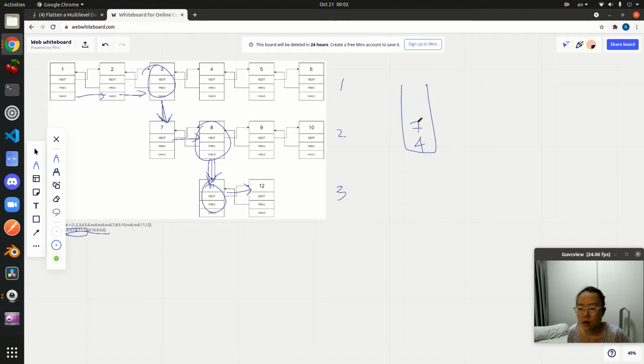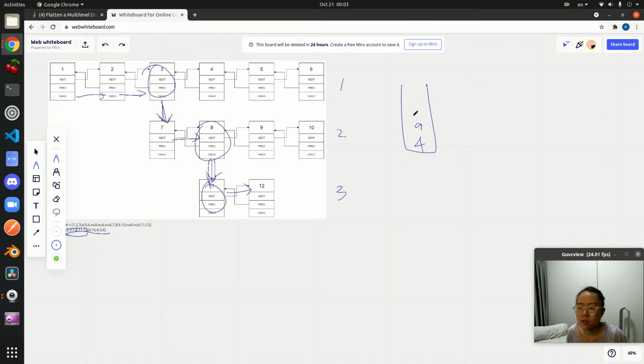So now that we have this on the stack, we pop the topmost 7 off the stack because it's on top, and what we do is we push on 8, pop 8. What we get is we'll push on 11. We push on the next first, right? So we push on 9 first, and then we push the child node 11, and now we process 11,